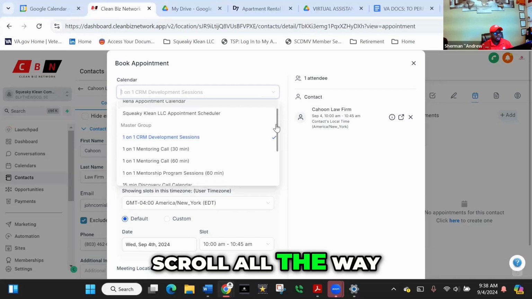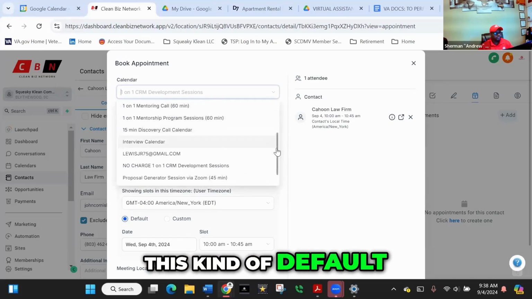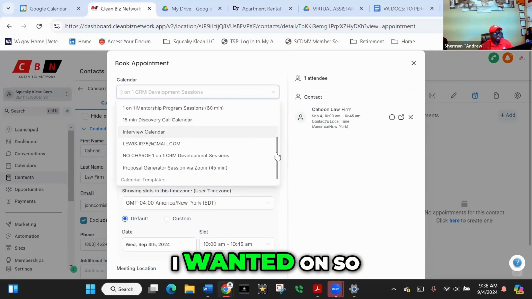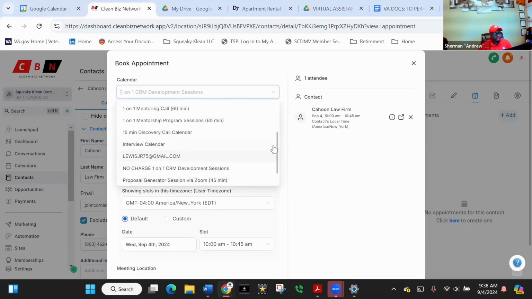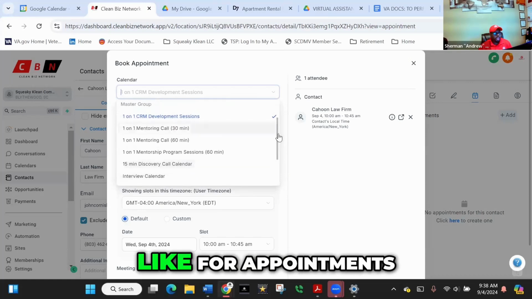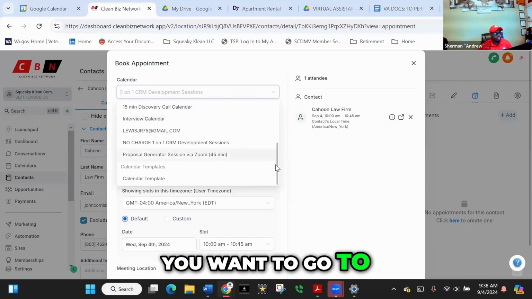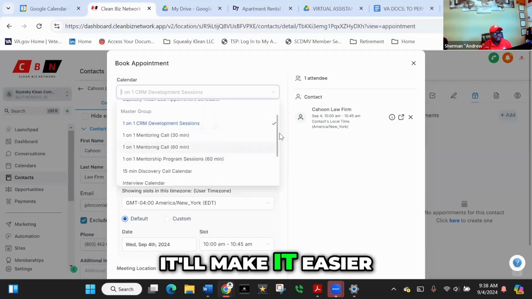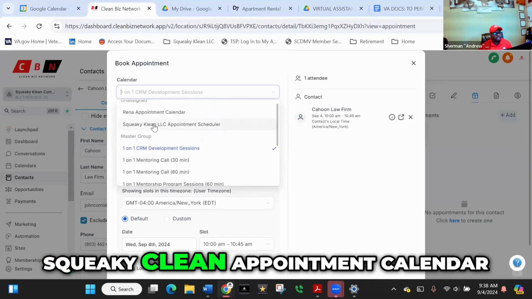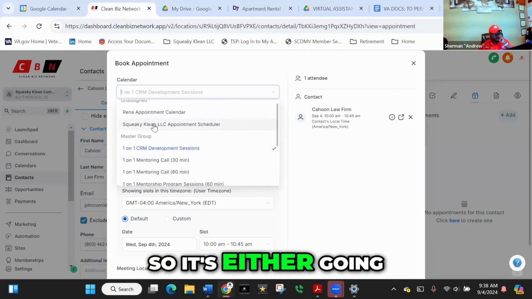So you can scroll all the way down. And I'm going to try to see if I can figure out how to make this default to the calendar that I want it on, so that there's no room for error. For appointments and stuff like that, you want to go to, well, let's not do that one. Let's do this one. It'll make it easier if you go to Squeaky Clean appointment calendar. And like I said, it's going to be in there. So it's either going to be this calendar